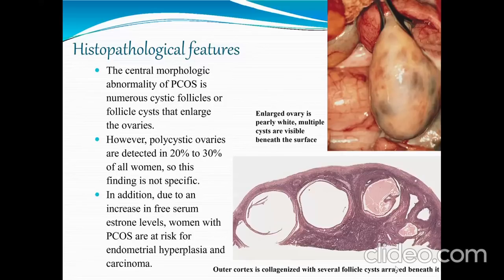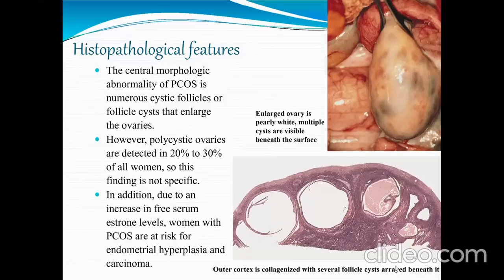and carcinoma. As we can see in the pictures included, the first picture being a gross photograph, we can see an enlarged ovary with pearly white multiple cysts, and also in this ovary we can see these multiple cysts are visible beneath the surface, though it's not a very distinct outpouching, but we can make out that underneath the surface there are multiple